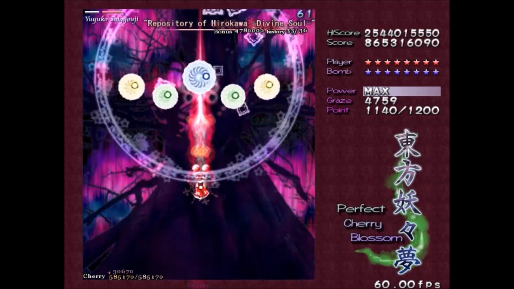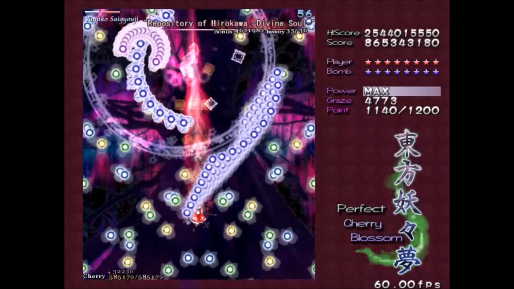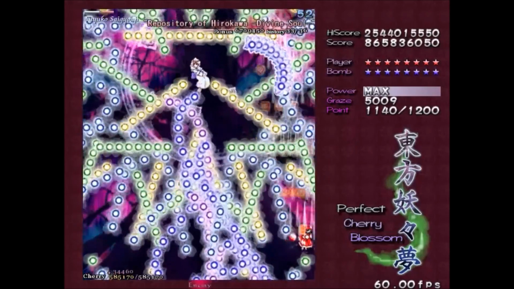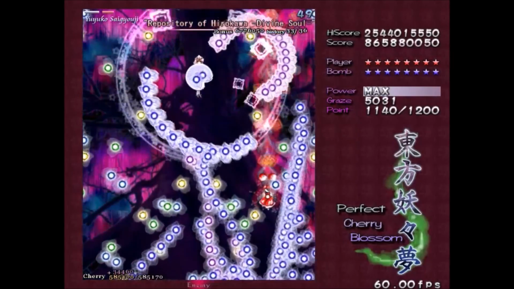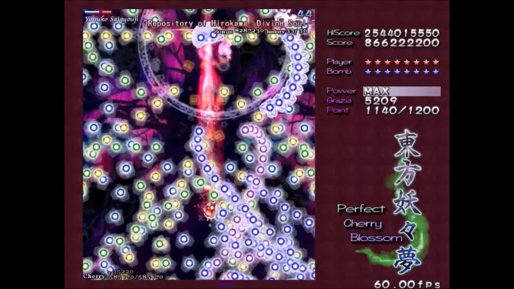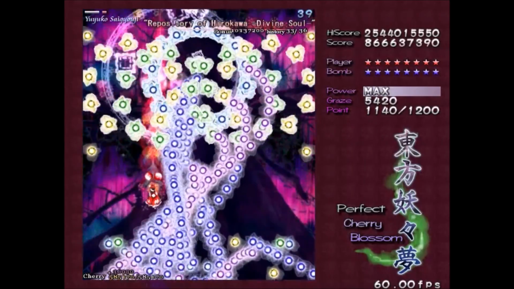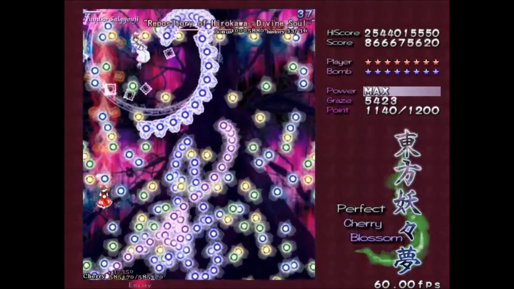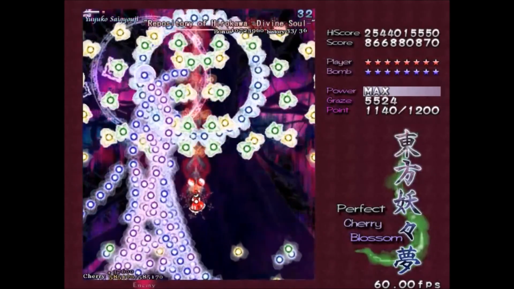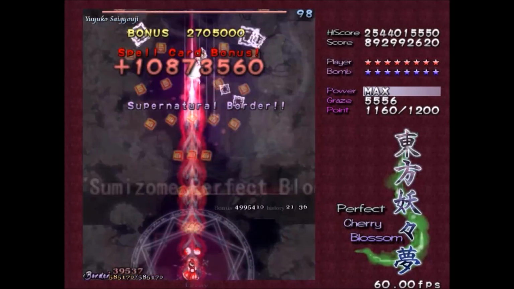Alright. Now for Repository of Hirokawa, this is another static spell. It's just dancing between two safe spots. Learn where the safe spots are, and then stream your way to the next safe spot. You can also super graze this if you want, although since this is not a score run, I don't really care. Yeah, so just kind of memorize it. And it doesn't have a lot of HP, but she doesn't have her fan out, so it might be a little hard to damage her, but since it's so static, it's not that much of